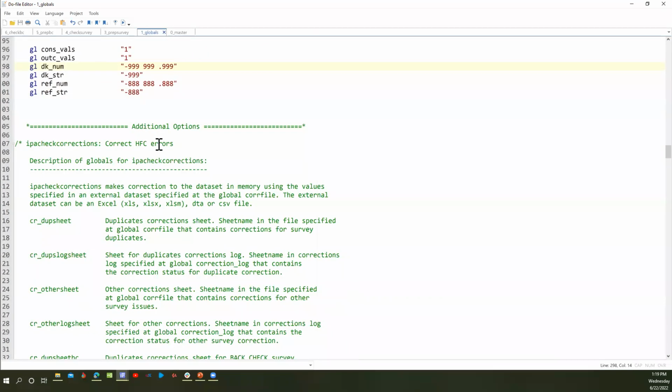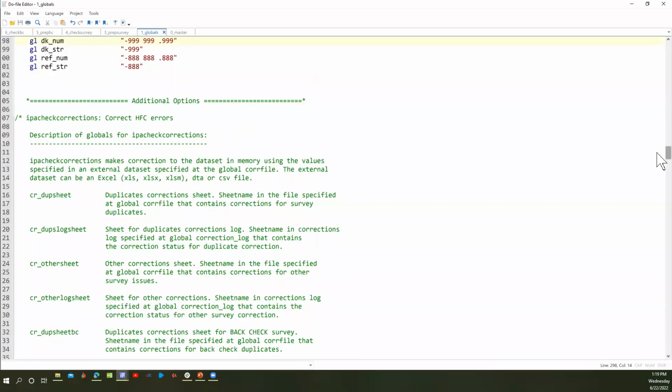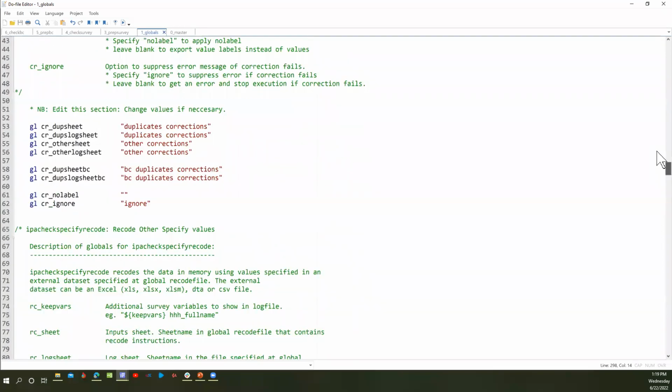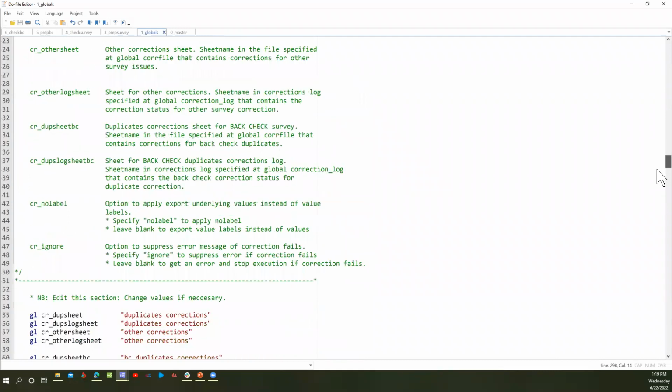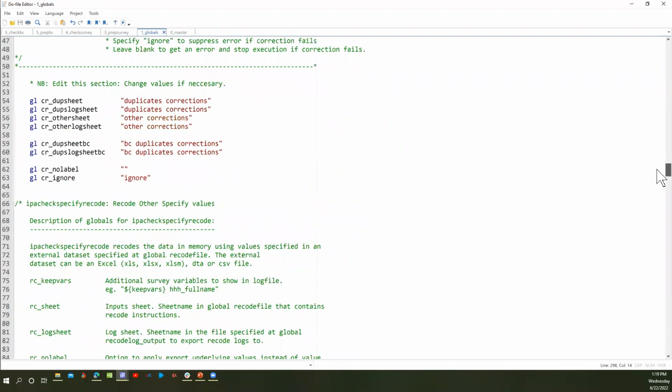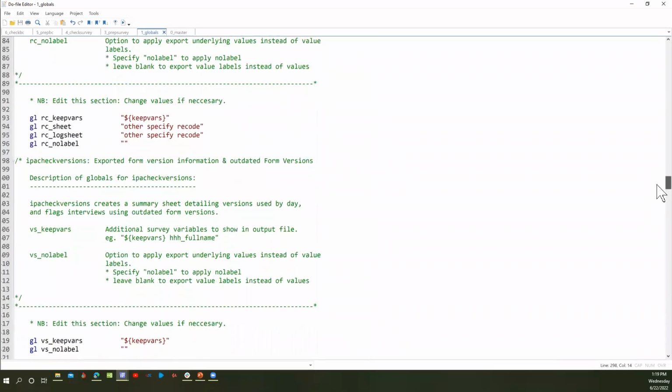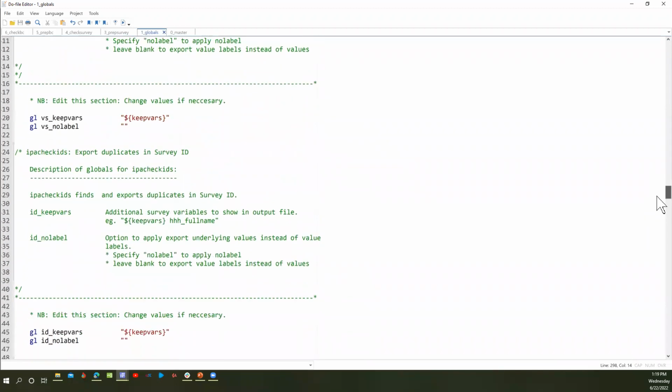Then here you have additional options. This is a section that you may not really need to come in here. It depends on the kind of checks you want to set up. You can go through and you'd see a section for each of the checks with descriptions, and you can add additional things that you want to add.